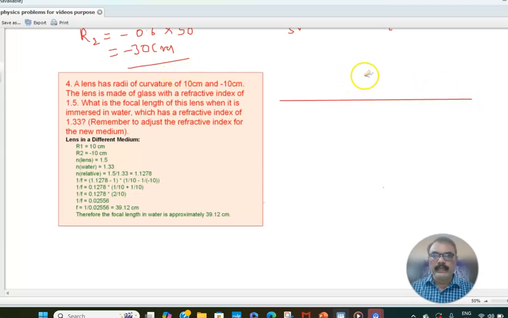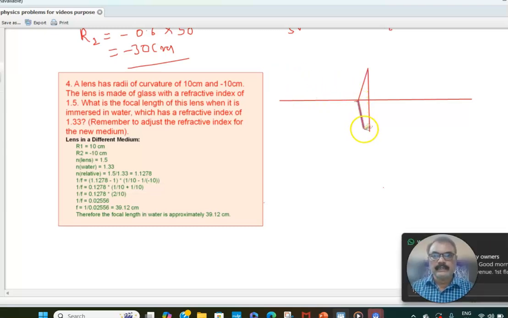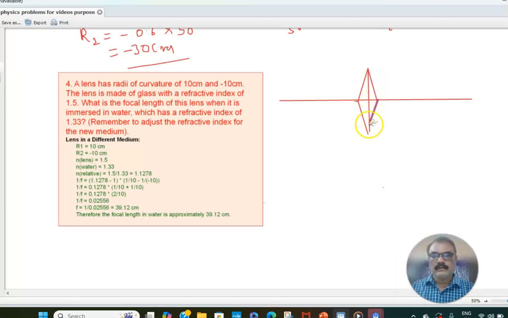बाद में एक और मिडिल में एक लाइन, परपेंडिकुलर लाइन ड्रॉ कर दीजिए। इसको लेंस समझ लीजिए, राइट। ये लेंस है। इस लेंस में क्या क्या चीज है हम लोगों का? एक तो लेंस के दो सरफेस होंगे, एक ये है फर्स्ट सरफेस, राइट, देन इट विल बी सेकंड सरफेस, राइट। फर्स्ट सरफेस का रेडियस इधर होगा, ये है R1, ये हो गया R2, और इसमें फोकल लेंथ फाइंड आउट करना।